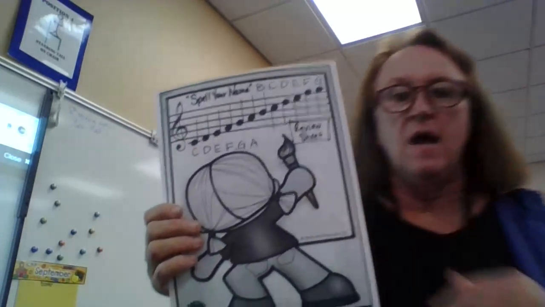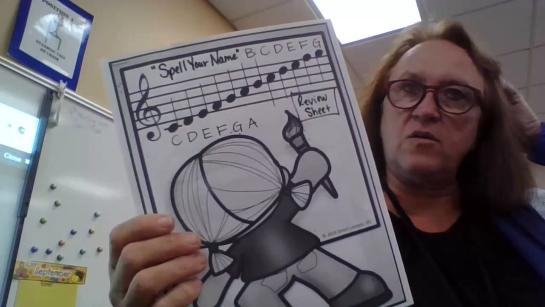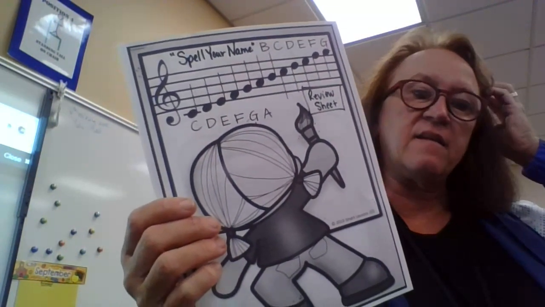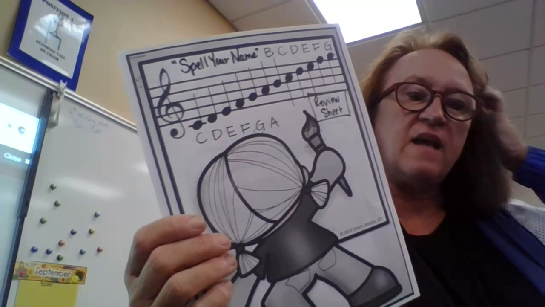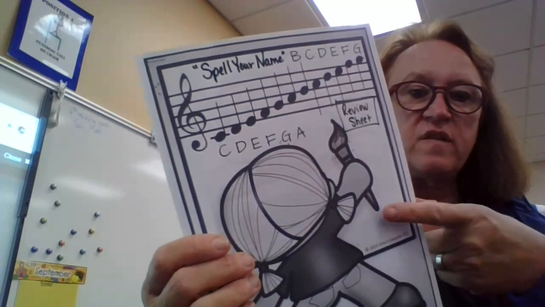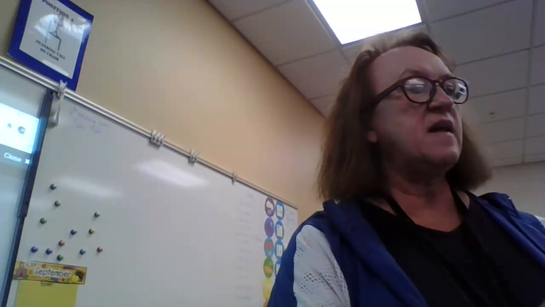Now this is a worksheet that's going to be kind of like a test. This will be graded for you, and this is going to be downloaded on your Google Classroom sheet also. The first top page, again, is like a review sheet. It's kind of like the one I sent you last week at the beginning of the assignment, because you can use this for reference. You don't need to do anything on this page, because on the next page,